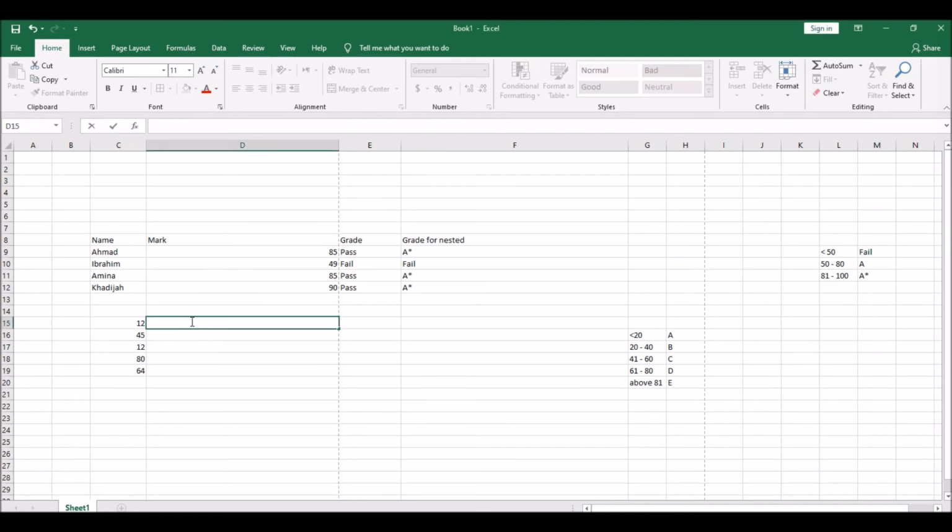Okay, now based on this example, let's do it again. I can say equal if anything I'm having here is less than 20. Then what will happen? That will be Mr. A, comma, if anything I'm having here is less than 40, comma, then that will be Mr. B. Then if C15 is less than 60,